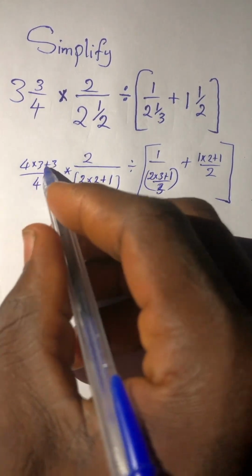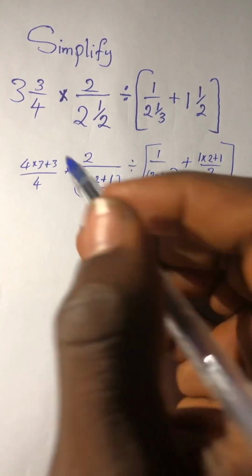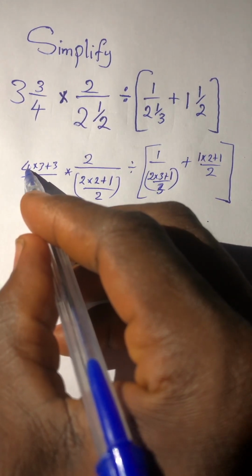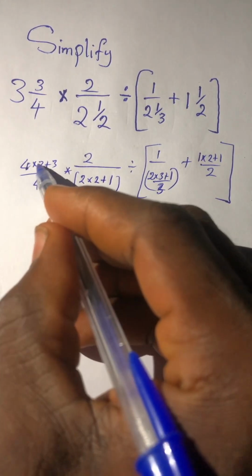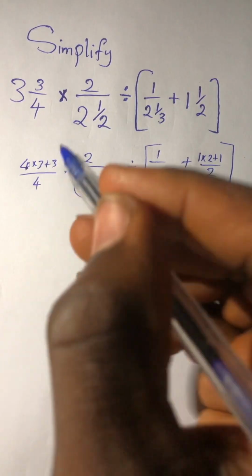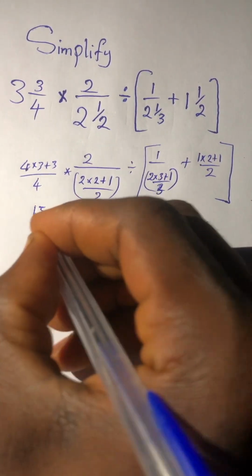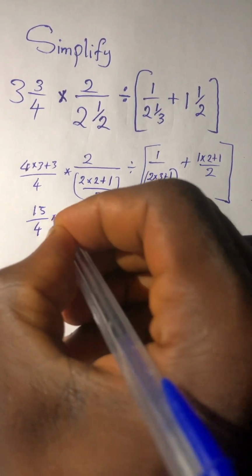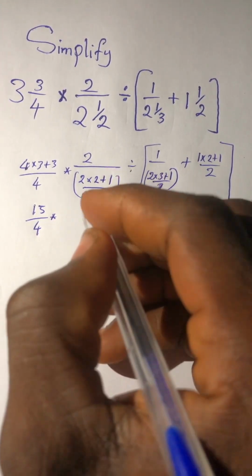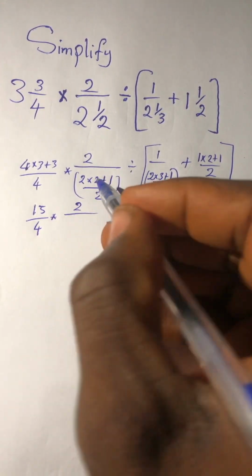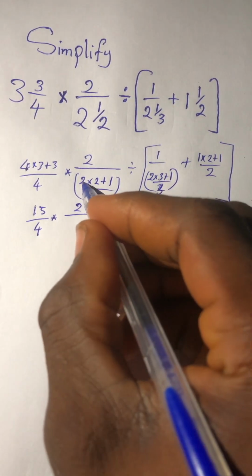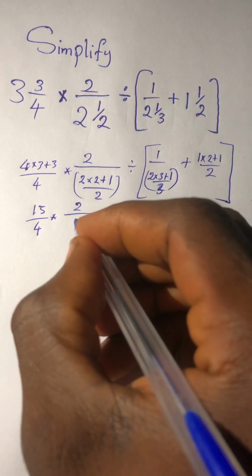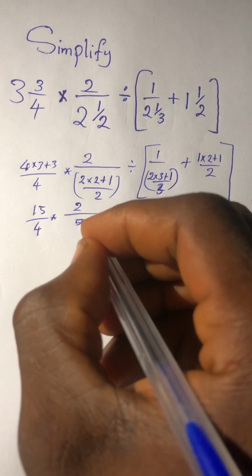From here we can say 4 times 3 is 12 plus 3 is 15. This 15 over 4 multiplied by 2 over, this is 2 times 2 is 4 plus 1 is 5 over 2. It's 5 over 2